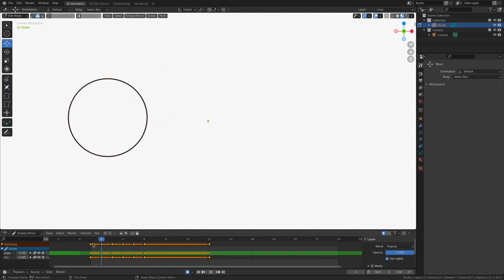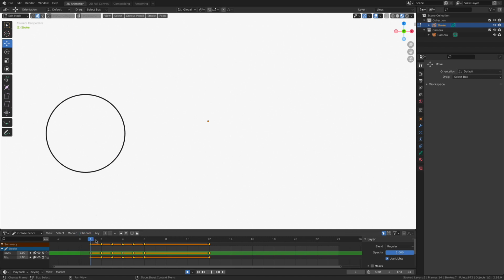Now, I have two choices in front of me. Either A, I can delete everything and start over, or I can edit the keyframes and continue to massage them to get the result that I'm after. Now, luckily for us, editing the keyframes inside of Blender is really, really easy. And let me show you what it looks like.